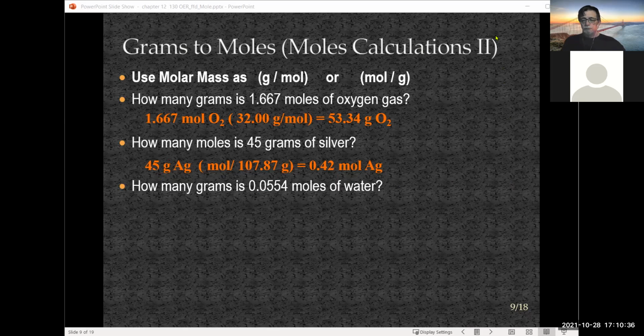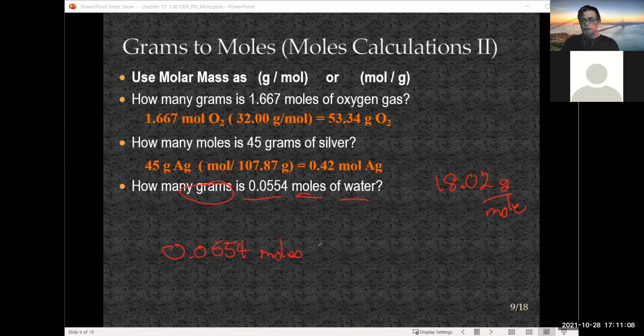Okay, now, we got water, and we did this one earlier. We need the molar mass of water. We came up with 18.02 grams per mole. And we want to know if we have 0.055 moles of water, how many grams is that made up of? So we write down what we're given, 0.0554